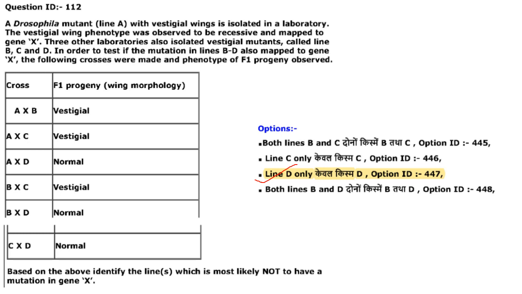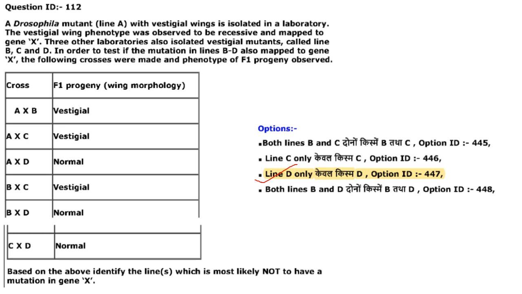So here what they have done is a Drosophila mutant with vestigial wings, and the vestigial wing phenotype was observed to be recessive, and this phenotype was mapped to gene X. Now 3 other laboratories also isolated vestigial mutants and they named them line B, line C and line D. Now they too want to see whether B to D mapped to gene X, so they